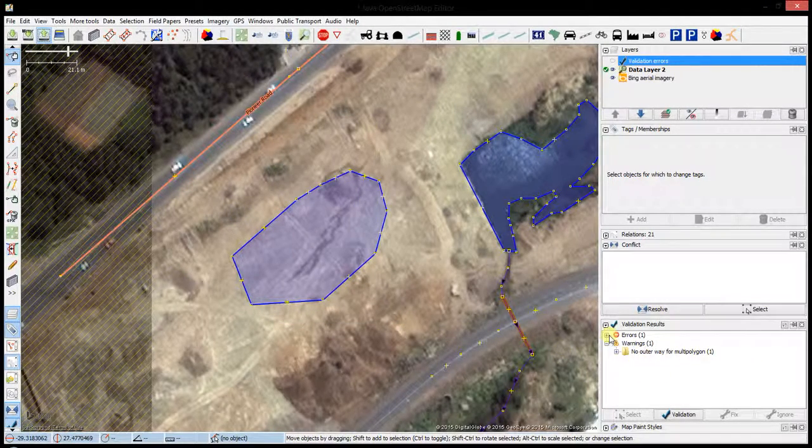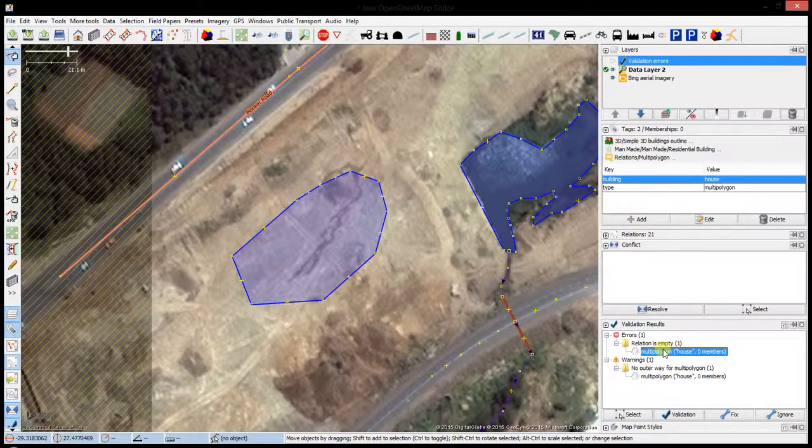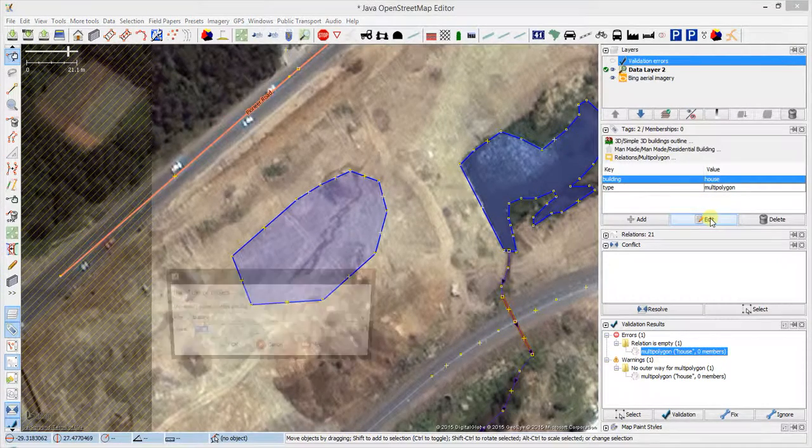So the other warnings that I have, I have an error and I have a warning here. So I have no outer way for houses. So these are the houses that I drew a few moments ago and then deleted, but I didn't delete the multi-polygon itself, the relation. So I need to select that, edit it,